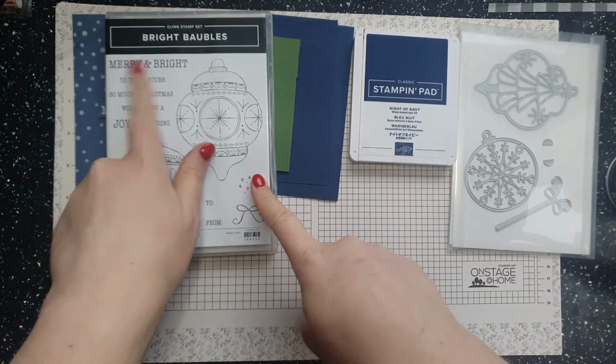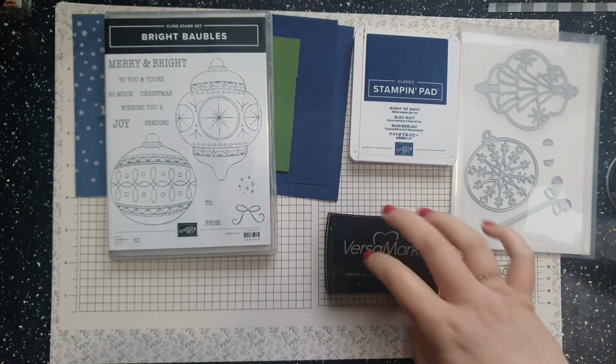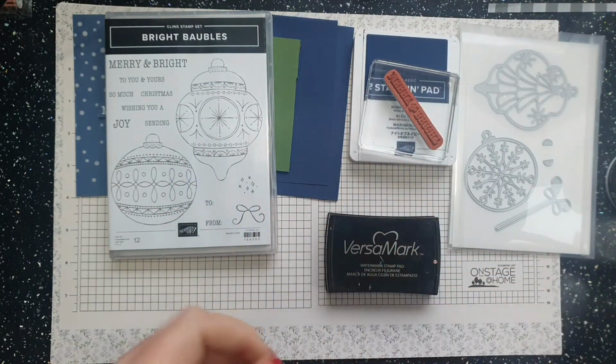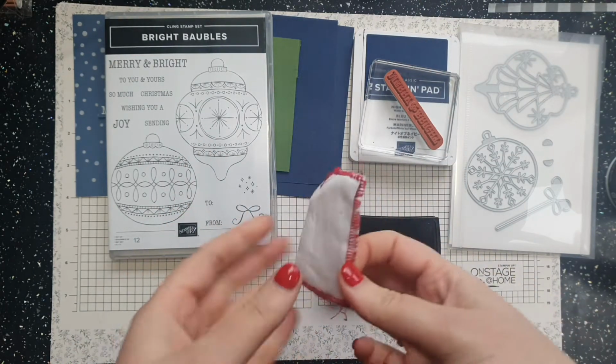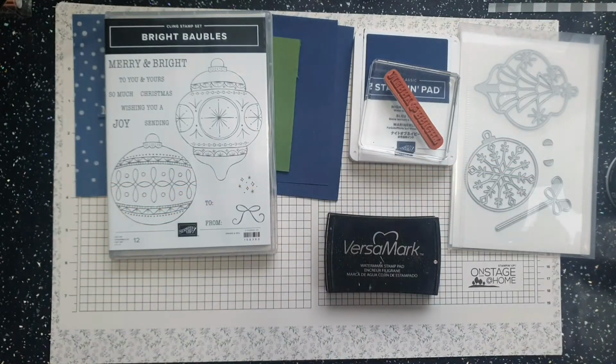So I'm using this Merry and Bright, and then to do the heat embossing you will need your Versamark. I've got my Merry and Bright on my D block. You'll need your heat tool, and of course please don't forget an embossing buddy or another powder tool that will prevent static. And then I also have some white embossing powder